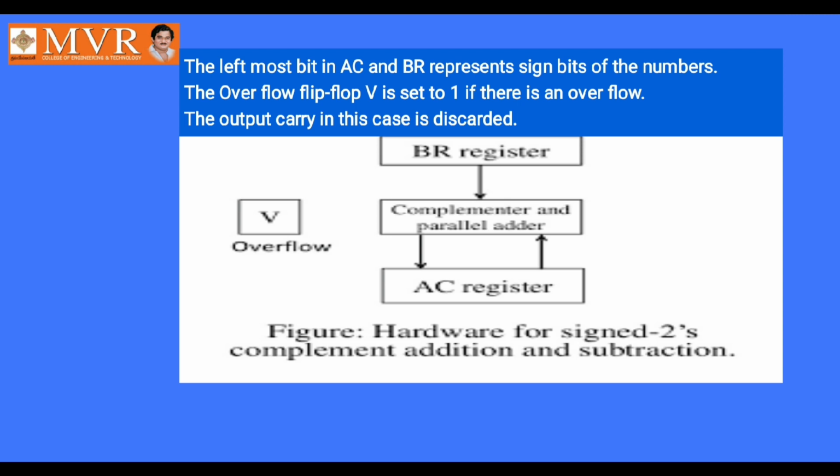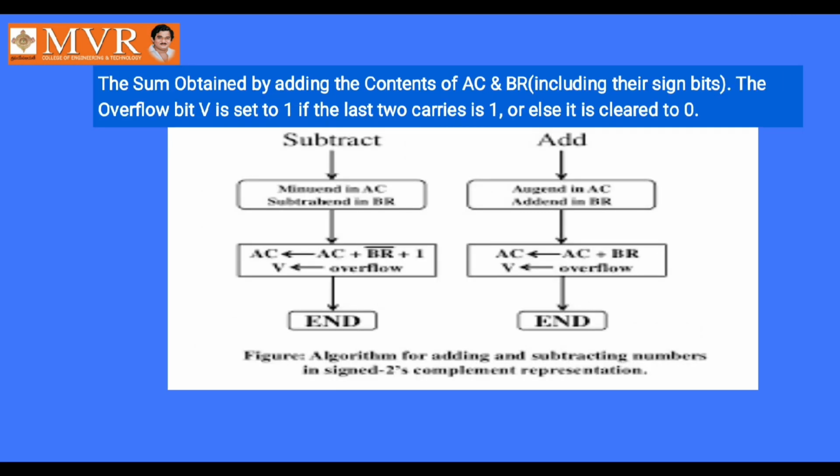Whatever explanation we are giving in this session is nothing but the examples we have taken in the previous class. In the previous class, we explained the actual operation of addition and subtraction using the two's complement method with some examples. And the same here we are explaining in the form of theory. For this, a simple algorithm is given to you. One algorithm is given for subtract, and the second is given for addition.